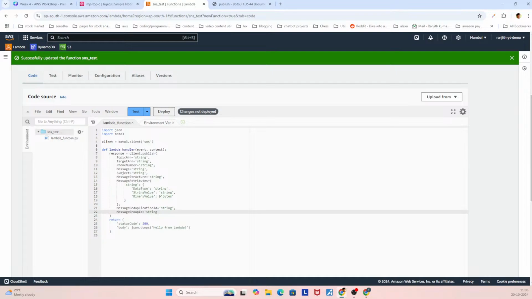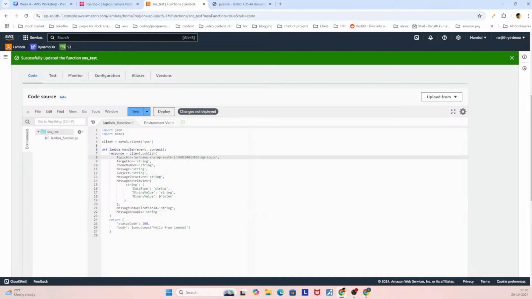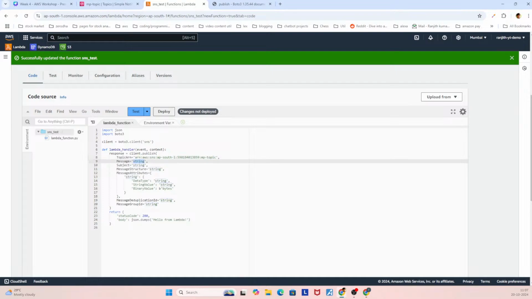Now we'll fill only the required part, right? So topic ARN, this is the topic ARN. Let's copy this, and target ARN is not required in this particular context. And if it is an SMS, we can mention the phone number. Since it is not an SMS, let's not put the phone number here, and let's put the message that we are trying to send, something like a new video has been